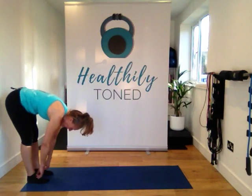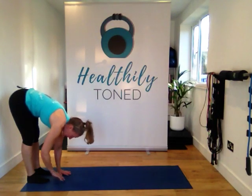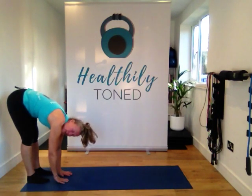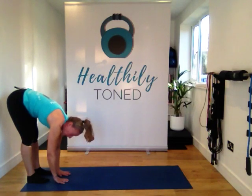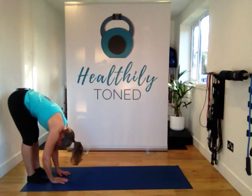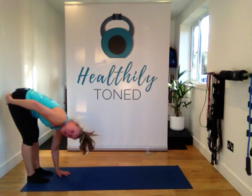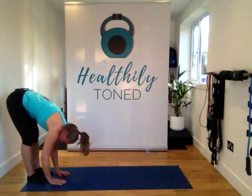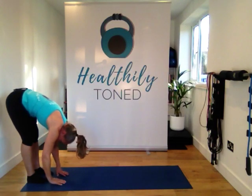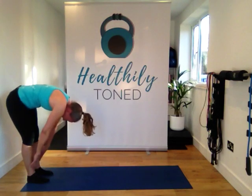rolling it down. We'll just start rolling it down, taking those hands just as low to the floor as you comfortably feel you can. Tucking that head in and really feeling that stretch down through those glutes, those hamstrings, and into the backs of those legs. And then we are going to roll it up